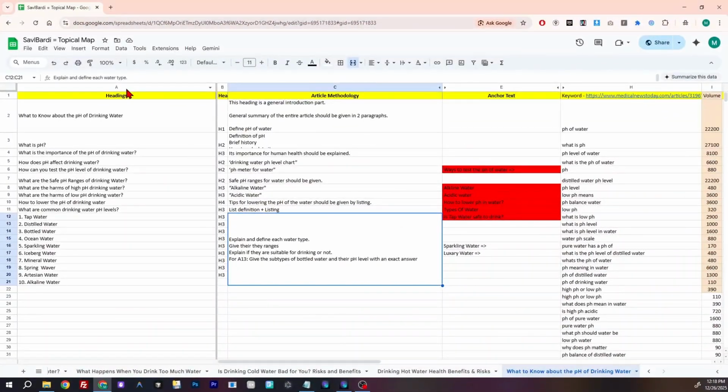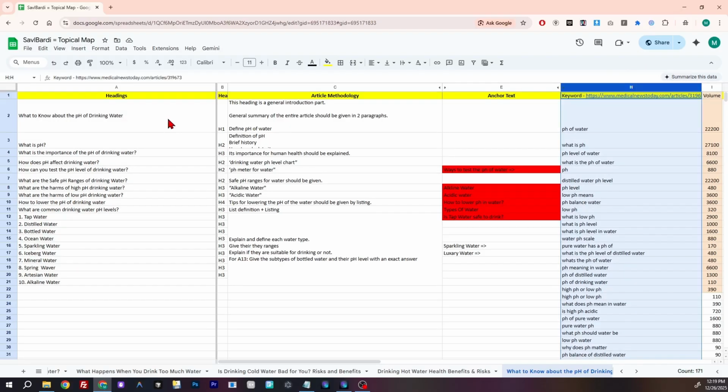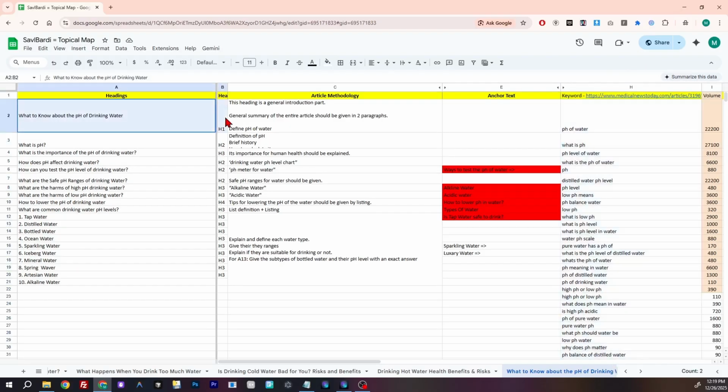In this lecture, we will dive into the contextual vector, all of the headings that we have created that are connected in these query networks. First, we ask the micro context, the general question, and then the definitional context. In this content brief, we did not create a subsection as we did in previous content briefs. Here, after the definitional context, we directly connect pH to drinking water, and from drinking water to our